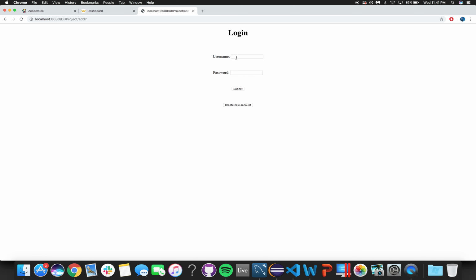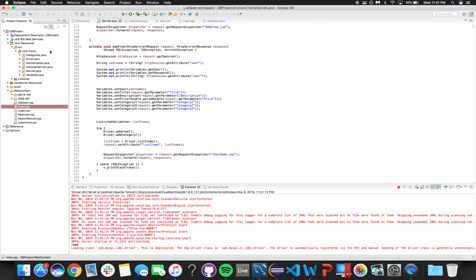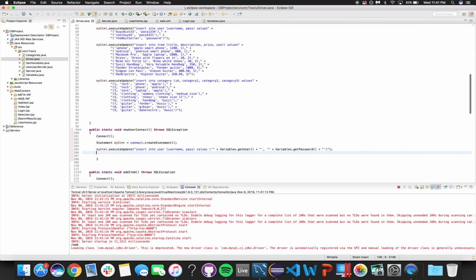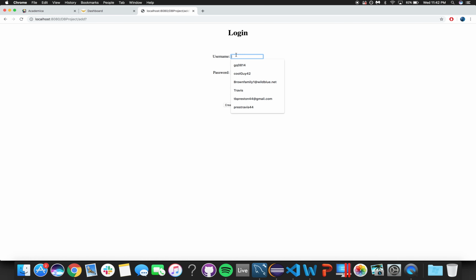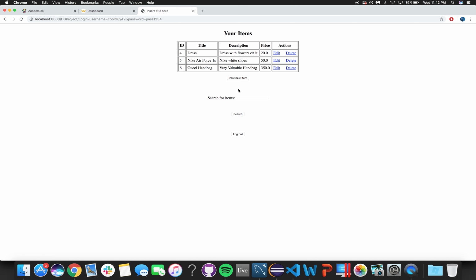Those tables I have made with a decent amount of information already in them. If you look at driver here, I'm inserting different users and passwords, and those users all have their own items, and those items have their own categories. So one of the users is coolguy42. This is his password. So if I submit this, it's going to display his items that he has up,